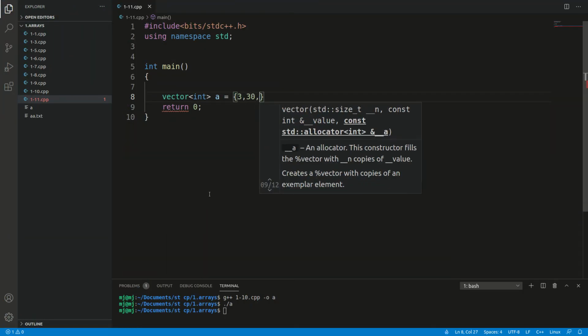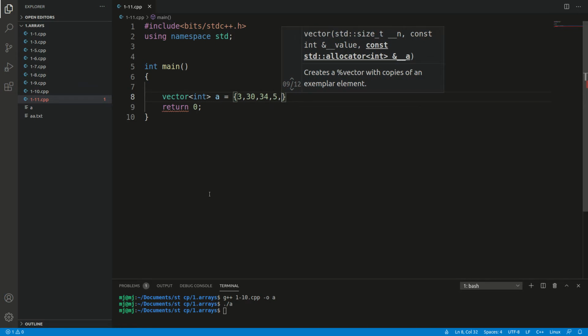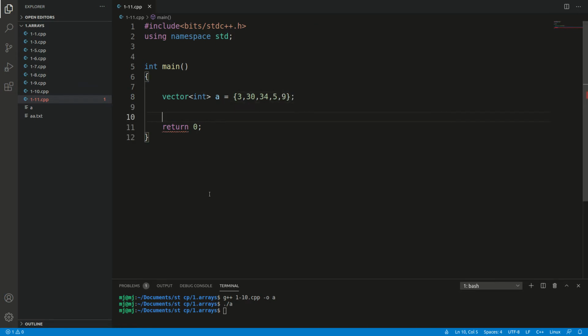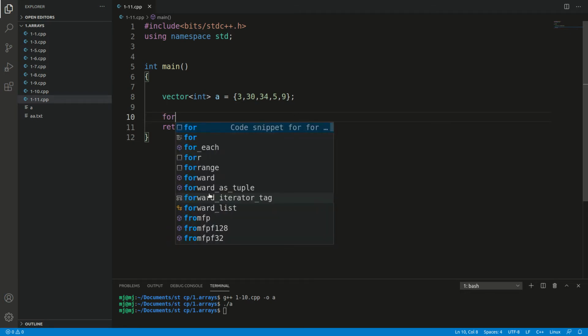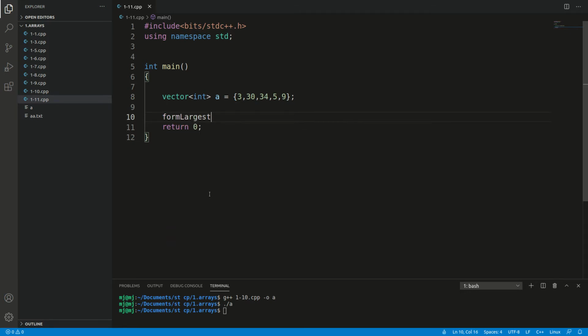Now let's call our own method, formLargest, return a string here and collect it in a string largestNumber equals formLargestNumber, and let's pass this vector as input.